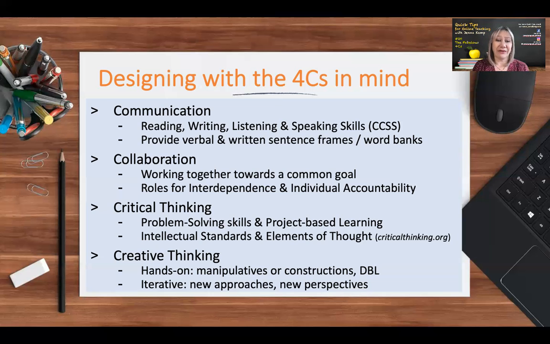Finally, creative thinking learning experiences really deal with hands-on types of learning experiences, manipulatives, constructions, maybe design-based learning. It can include building things. It can include taking things apart. It can include analysis. It can include synthesis, where you're creating something new. Creative thinking can be written. You can ask scholars to write narratives or poetry, or even a basic assignment that we think might be more